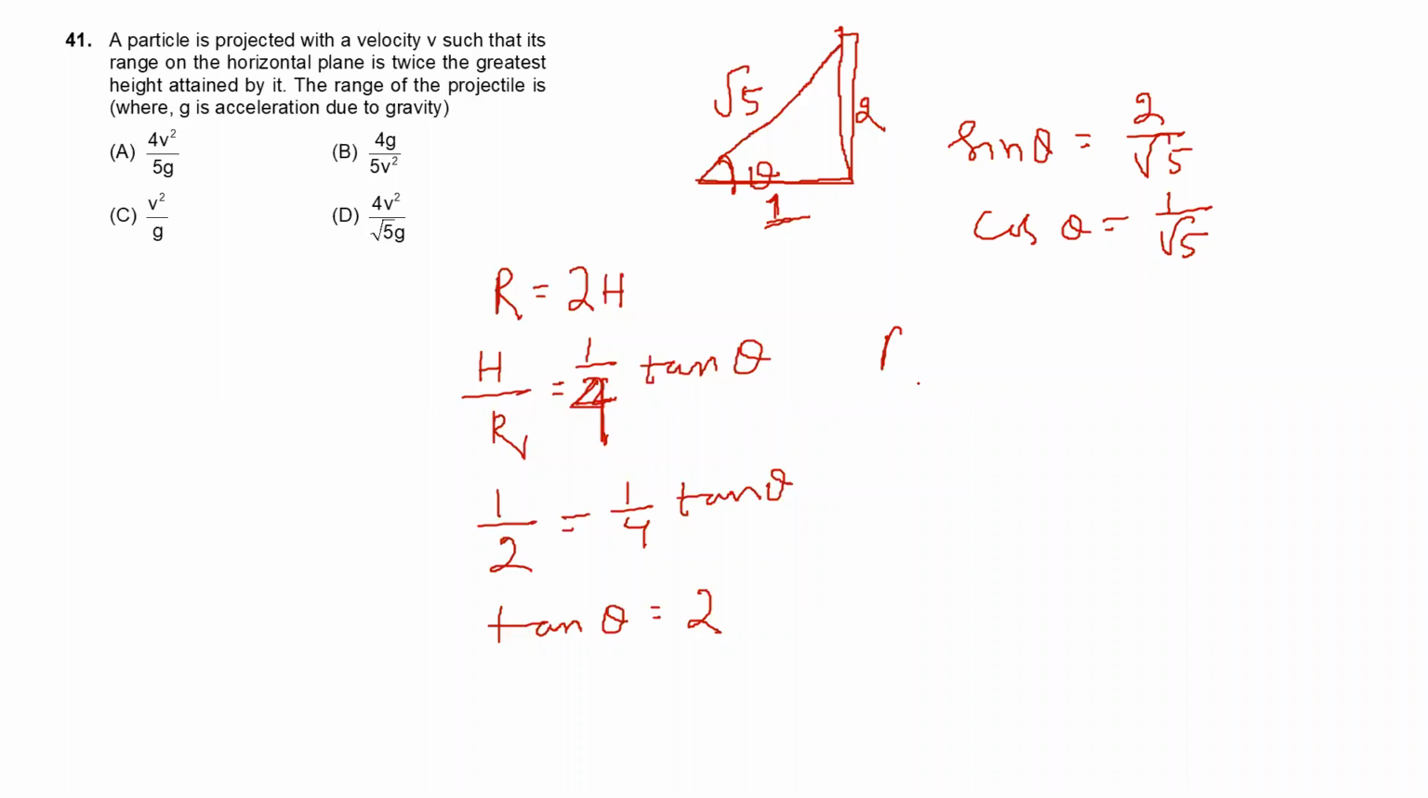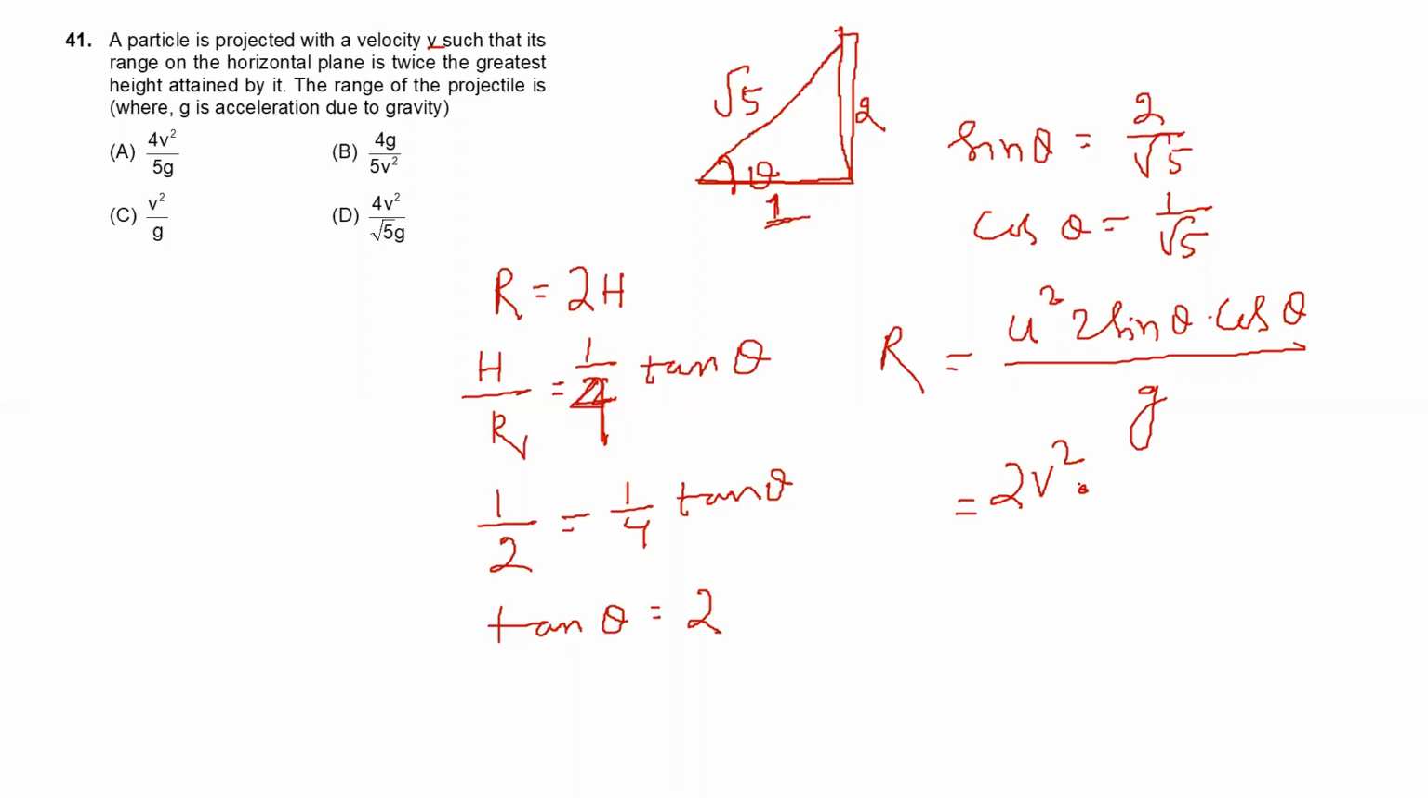What is the formula for range? R is equal to u square sin 2 theta divided by g. Sin 2 theta means 2 sin theta into cos theta. So here u is how much? U is v, because in the question he has given v. So we could write 2v square